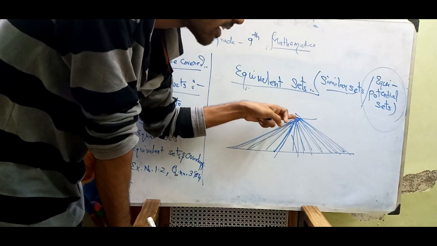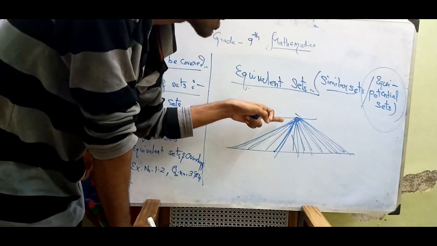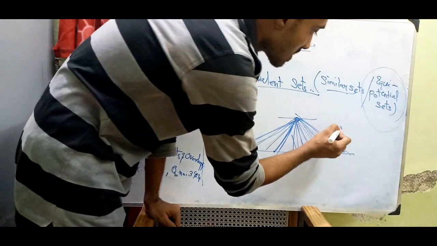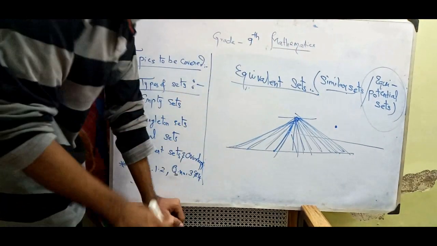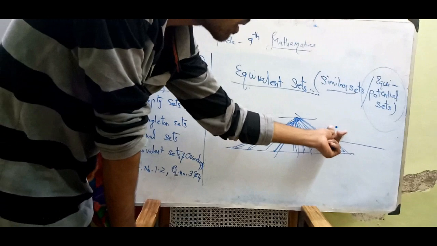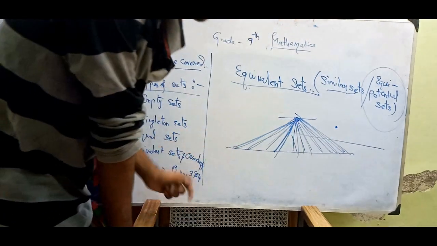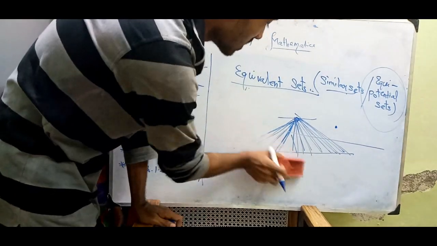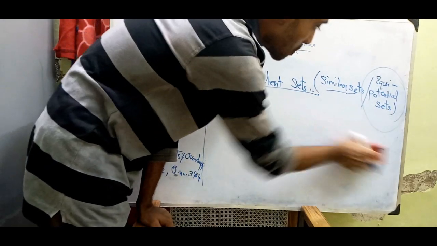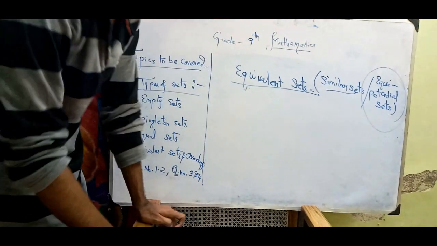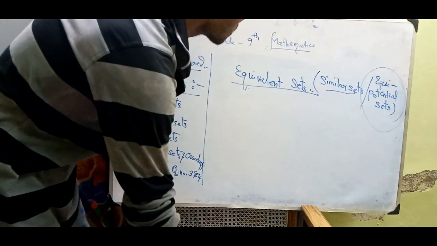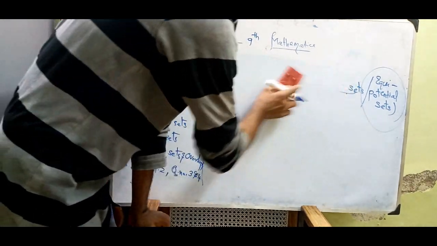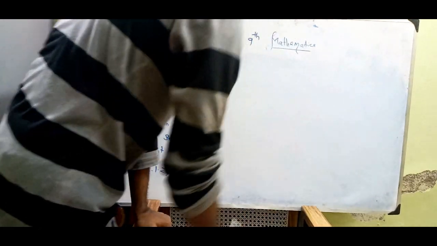I cannot imagine even that thing, because this single point is almost equal. It has equal potential to draw the straight line. Okay, so be aware of the points. It is more powerful, it shows the powerful tools. So in this way we can write the equivalent set, similar set, or equipotential set.